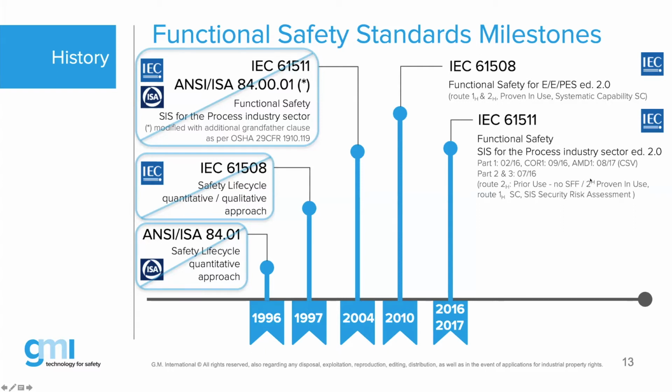And that is based on route 2H, which was coming from the 61508. And there, route 2H with the manufacturers is still called proven in use. Of course, when proven in use or prior use is not applicable or not suitable, or you have no evidence that you can prove it, then you have to go back to route 1H. And route 1H is the old original 1997 edition 1 of your tables 2 and 3 of the 61508 standard. The other thing which is new in the standard here is systematic capability, which is coming, of course, here